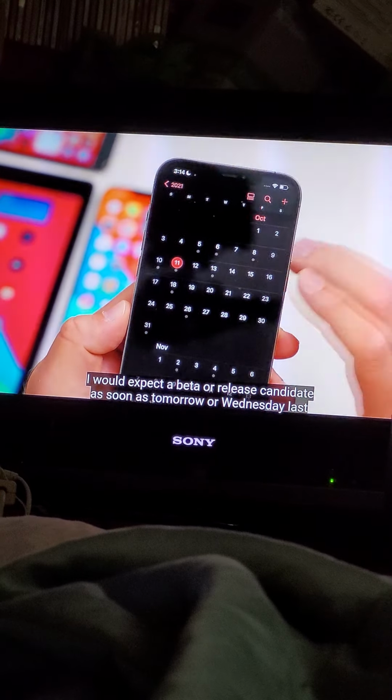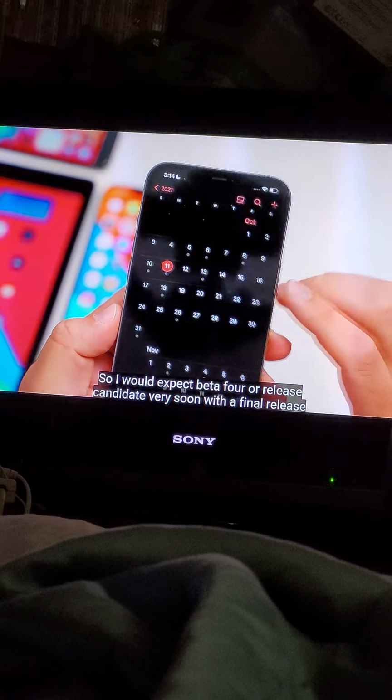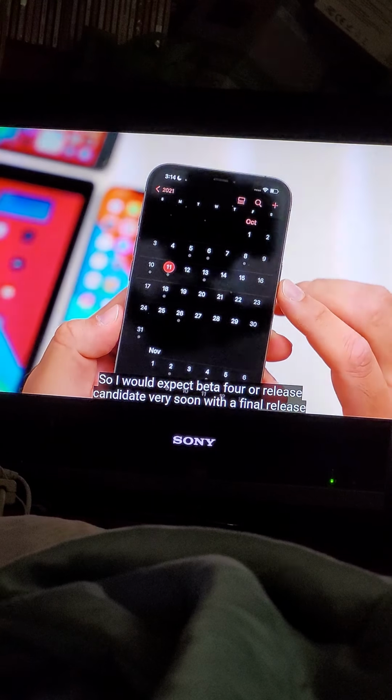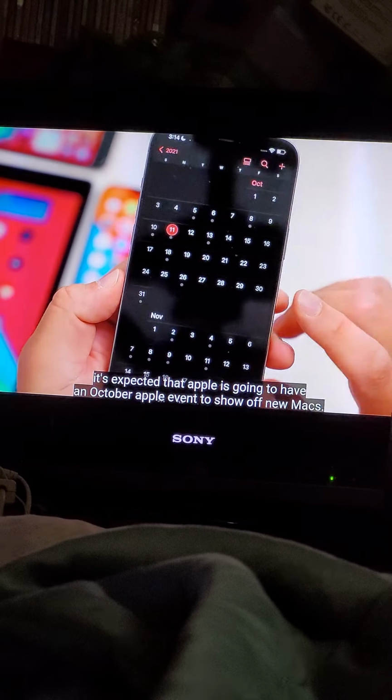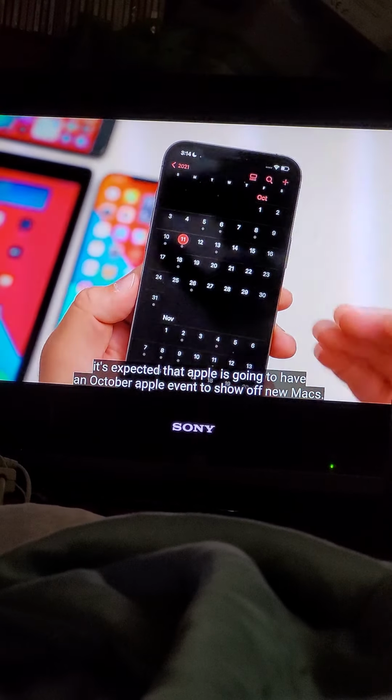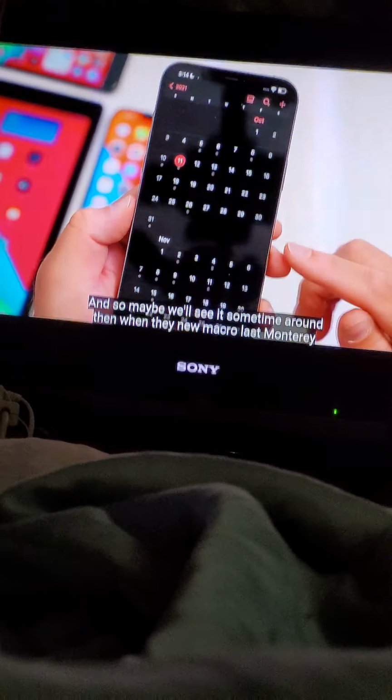or Wednesday. Last week we had beta 3, so I would expect beta 4 or release candidate very soon, with a final release within the next few weeks. It's expected possibly in the next couple of weeks, with an October Apple event to show off new Macs, and so maybe we'll see it sometime around then